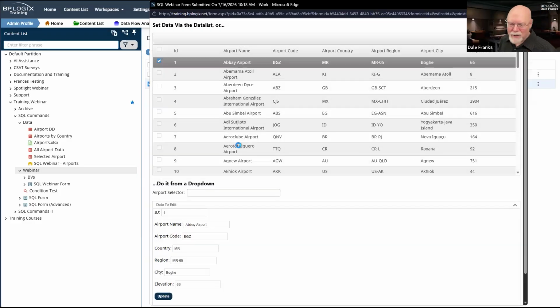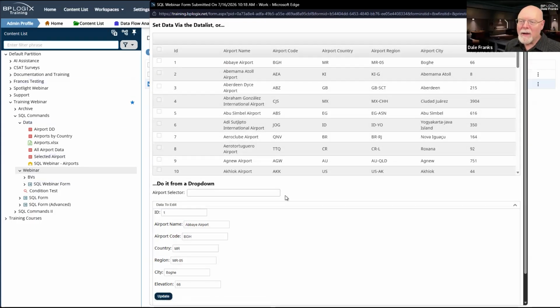It is now selected, and I need to add that E at the end of Abaye, which is missing. And this is definitely wrong now. The airport code is BGH. So, okay, I've just corrected these two things, and now I can hit update. And there we go. My airport has changed. It's got all the right data back in it.